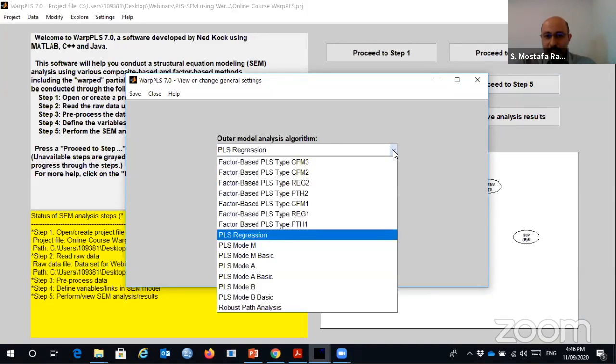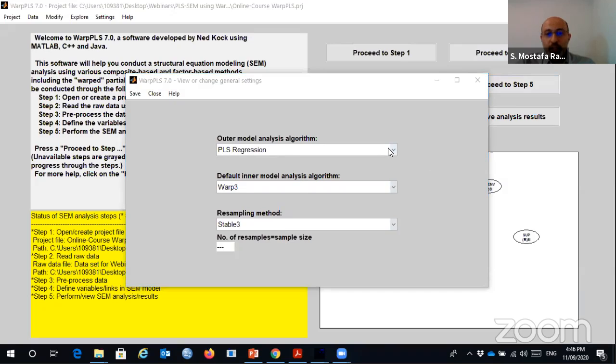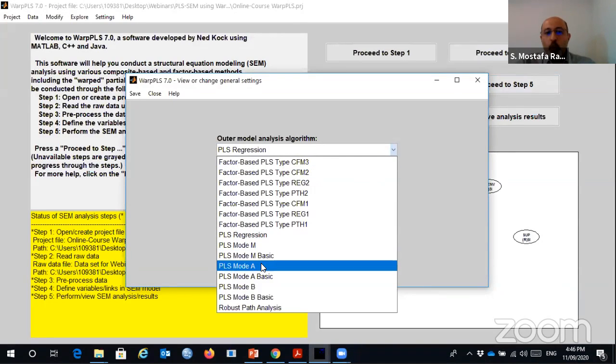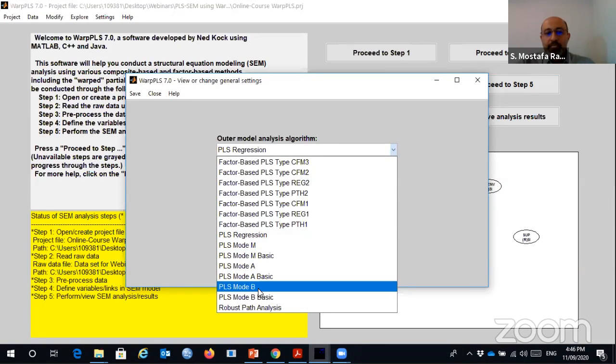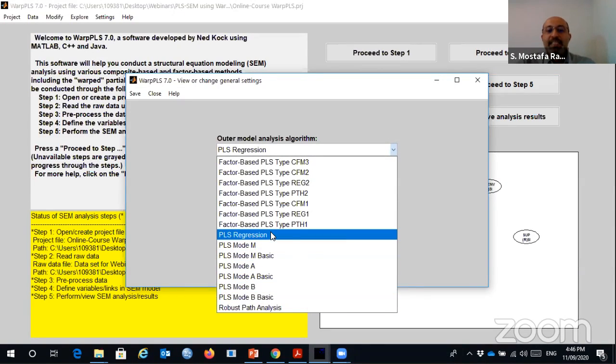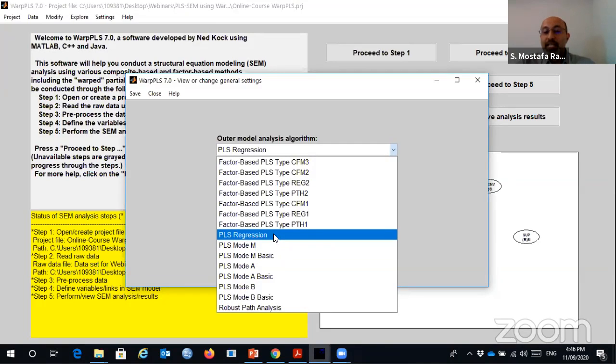If we click here, you can see many different outer model algorithms. Mode A, mode B, mode M, A basic, B basic, all need a relationship between constructs, and without this relationship it is not possible. Only PLS regression can create quality criteria without any relationship between constructs. So if you choose PLS regression,